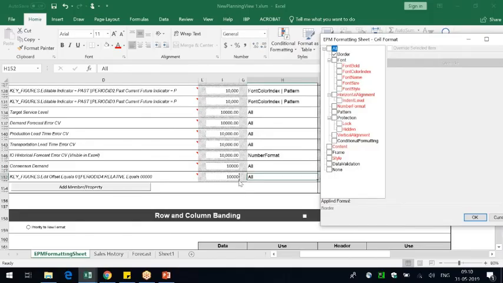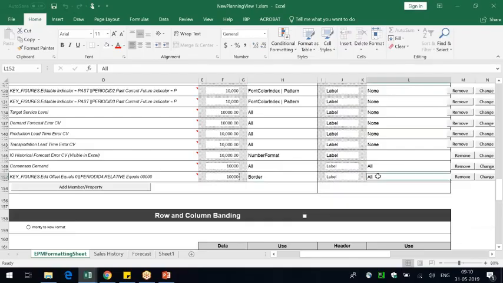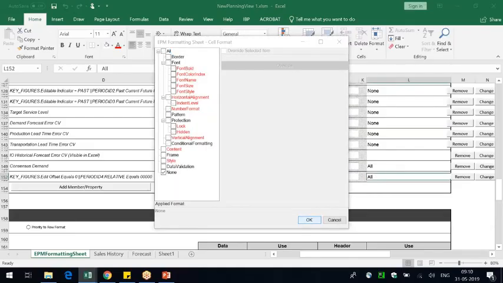I just give a border onto the right hand side of the cell for this condition: if the edit offset is equal to 0 and if the week is relative to 5 zeros, then give me this format, and only use a border level format here. Click on OK. And for label, you say label is none. I don't want to use a label here.